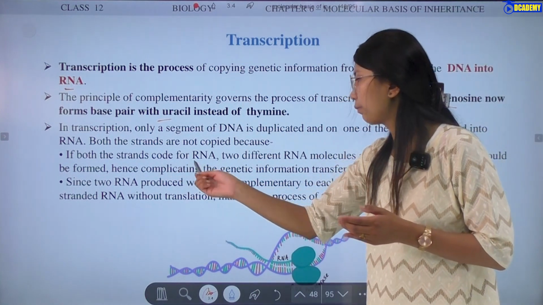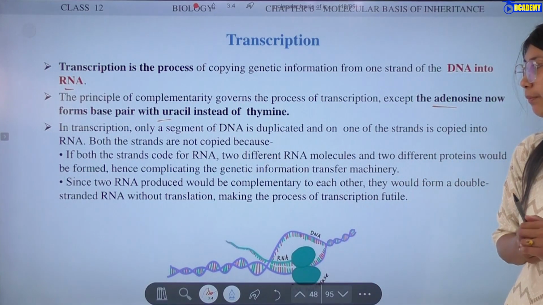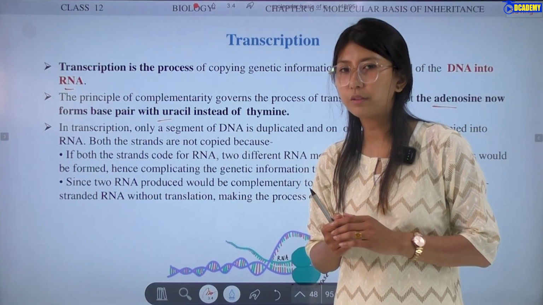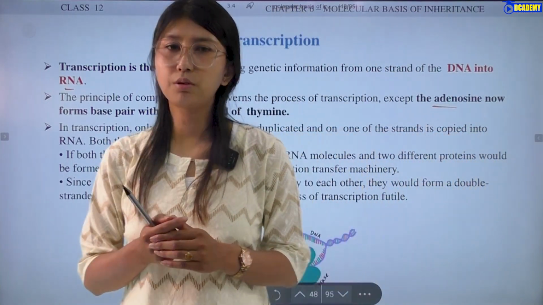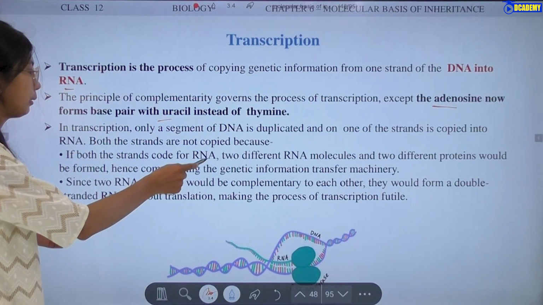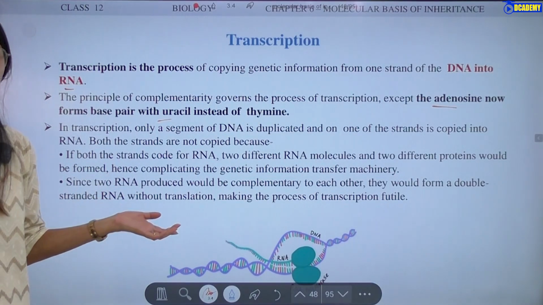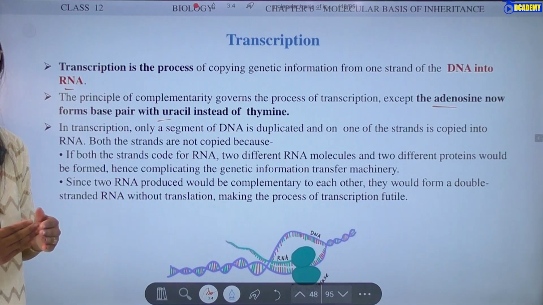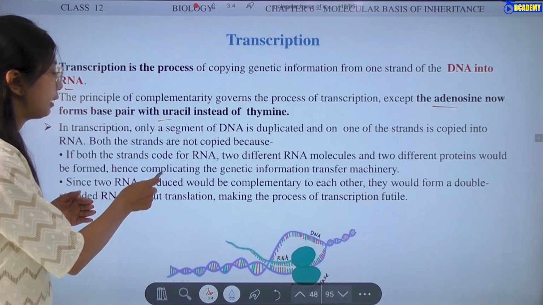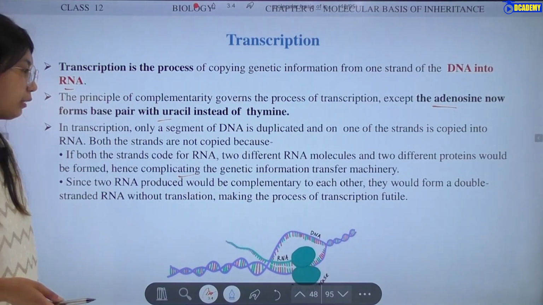If both the strands code for RNA, two different RNA molecules and two different proteins would be formed. This will be very complicated. Since the two RNAs would be complementary to each other, they would form a double-stranded RNA without translation,